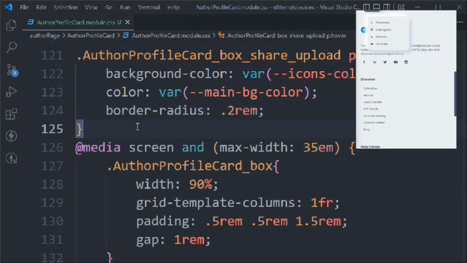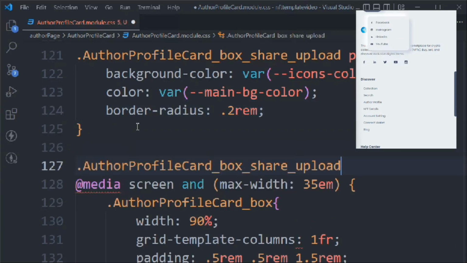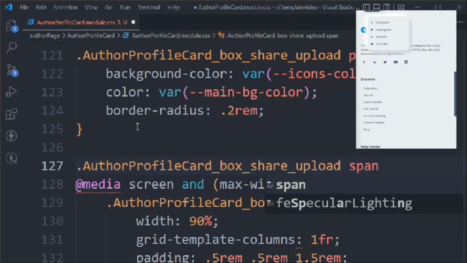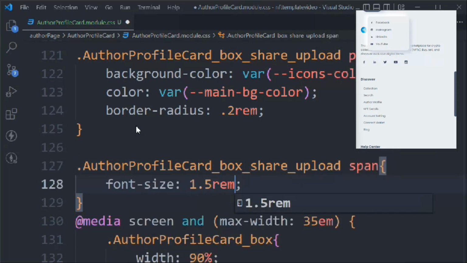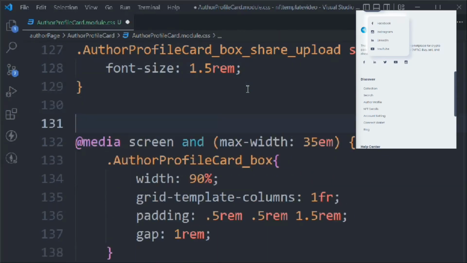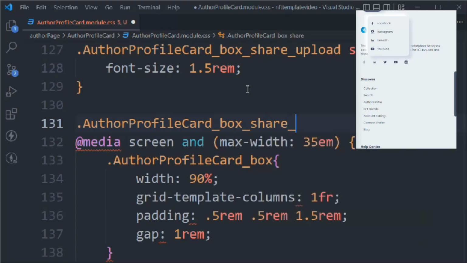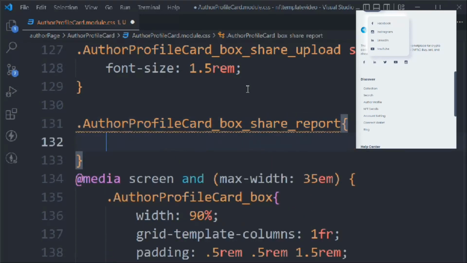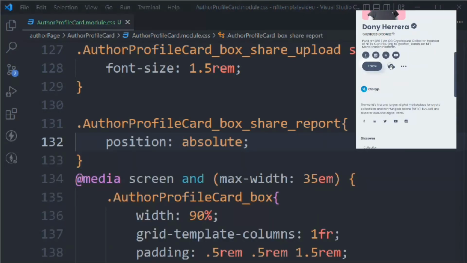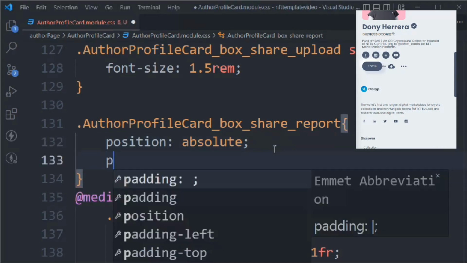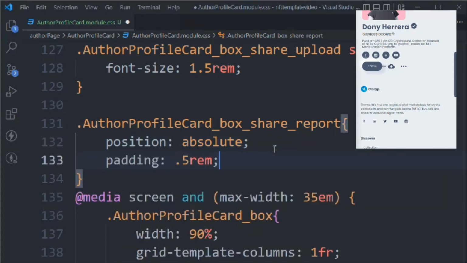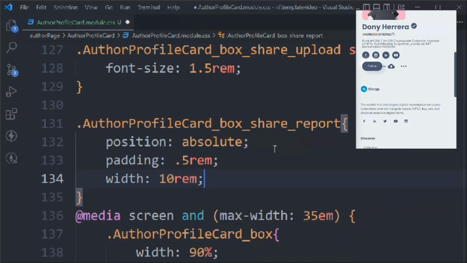Let's come down, we'll target the upload span, and we'll say font size 1.5rem. Let's come down, we'll target the author box share report, and we'll say position is going to be absolute. So you can see that it is there, but you can't see it. Okay, so we'll say padding is going to be 0.5rem, width is going to be 10rem,